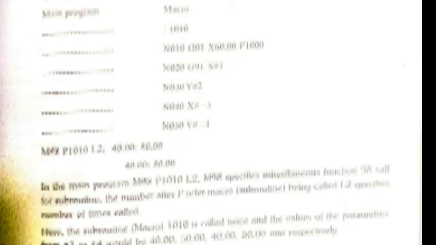Now coming to the next concept, the canned cycle, which is an important feature of the NC system. These are also called fixed cycles. A canned cycle is defined as a set of instructions built in or stored in the system memory to perform a fixed sequence of operations. Canned cycles can be brought into action with a single command, and as such reduce the programming time and effort. Canned cycles are used for repetitive and commonly used machining operations.